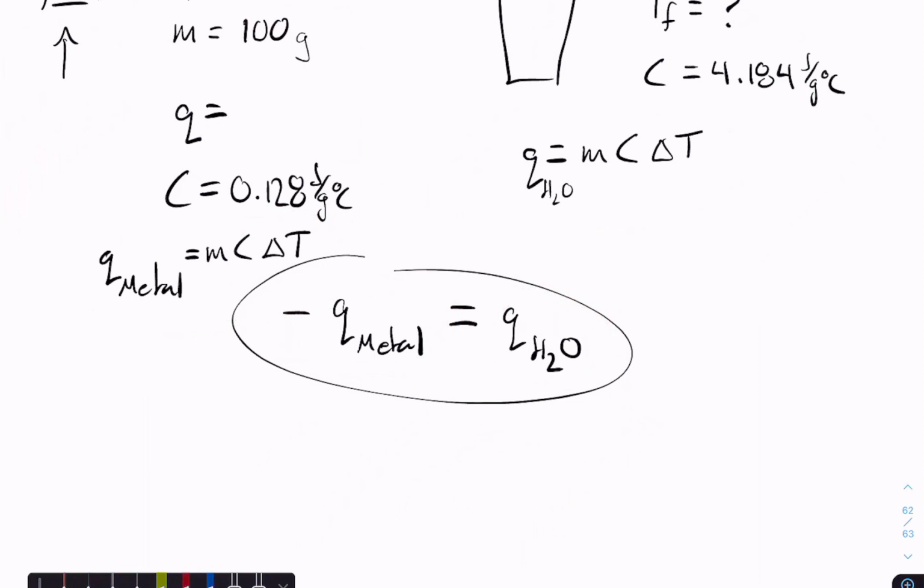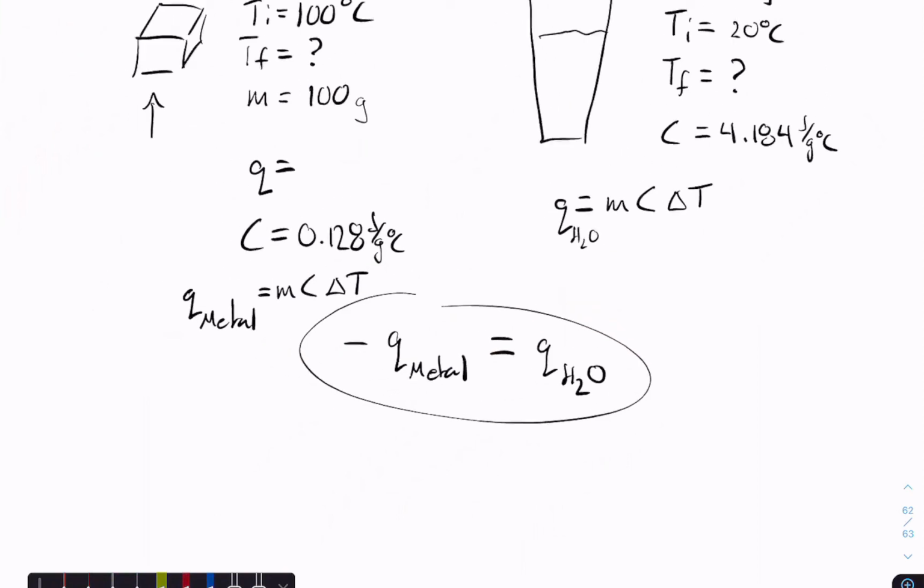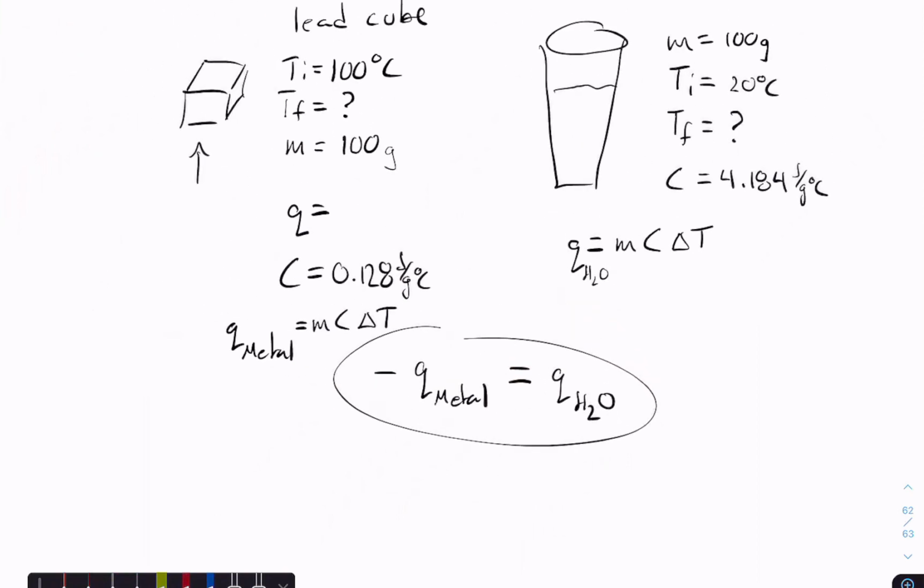So just remember, heat is being transferred from one place to another. The amount of heat lost by one thing, we're going to do this in like styrofoam cups, the heat lost from the one thing in the styrofoam cup is the heat gained by the other. Okay. So that'll do it for